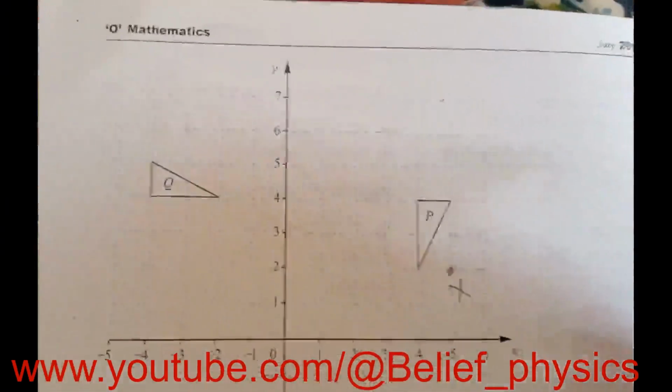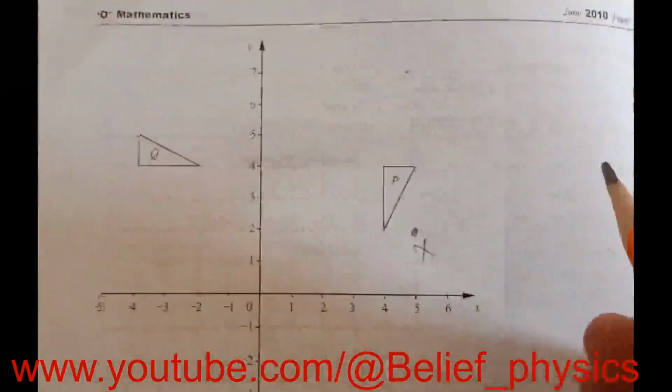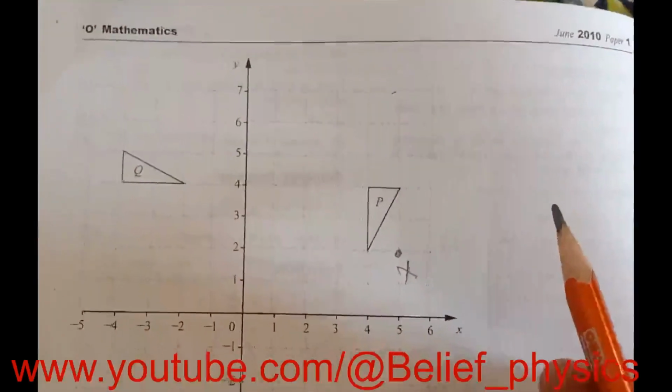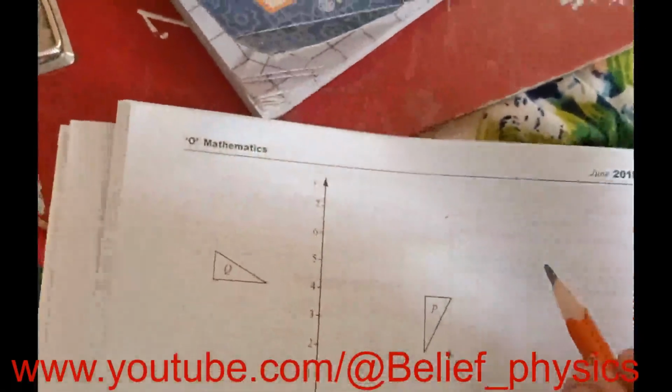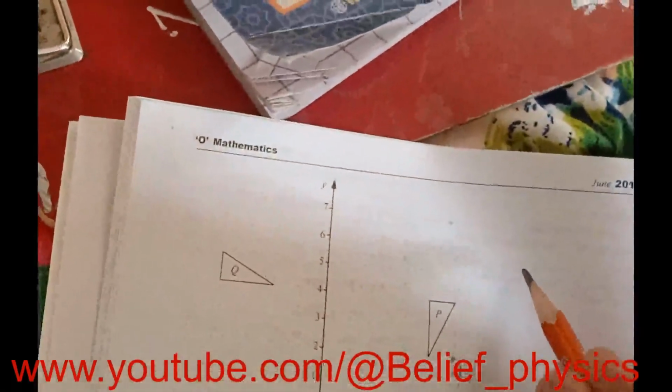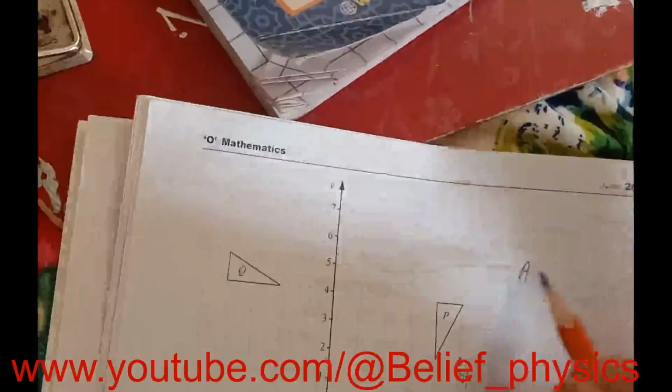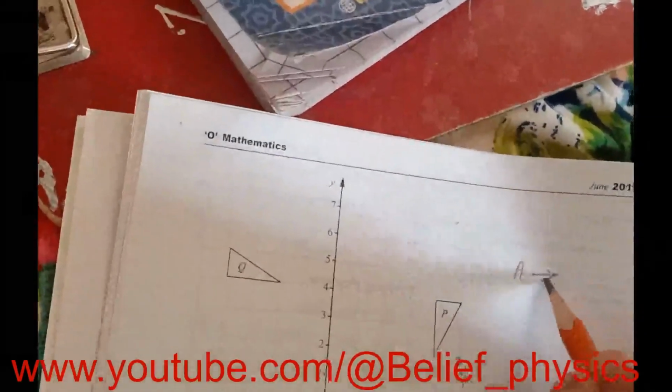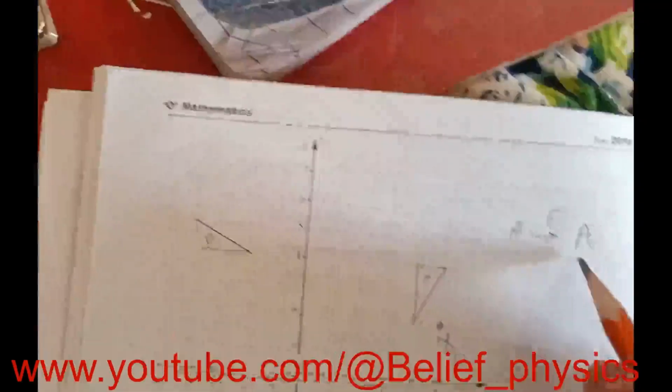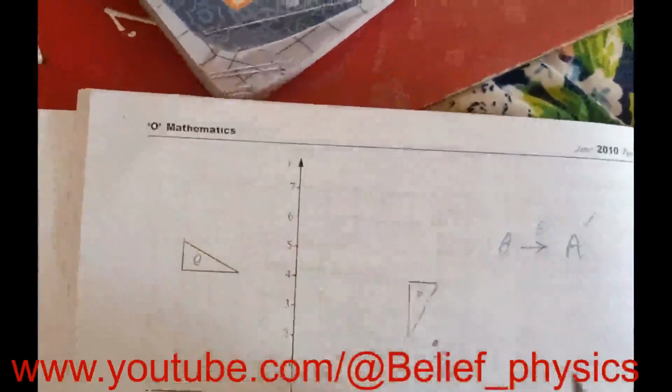We should know the formula for the enlargement. Under enlargement we get similar triangles. So for enlargement, if A is the object and A dash is the image under the enlargement E, then if X is the center of enlargement, then